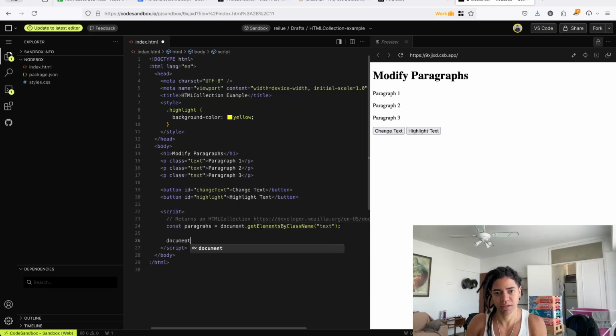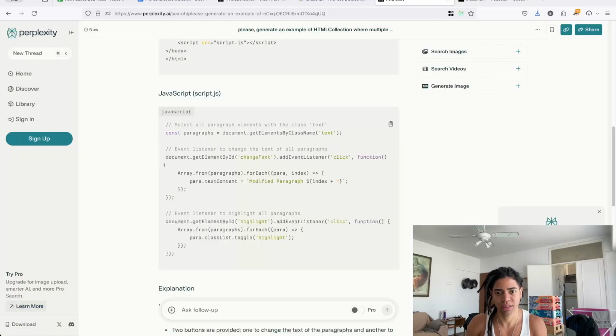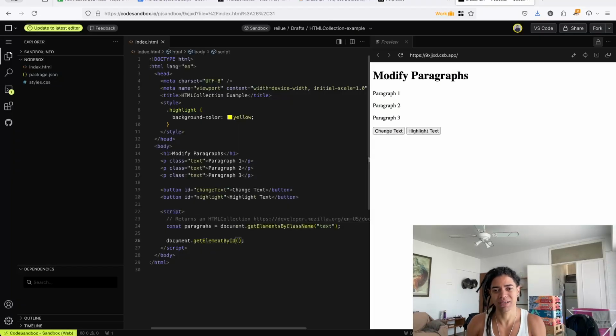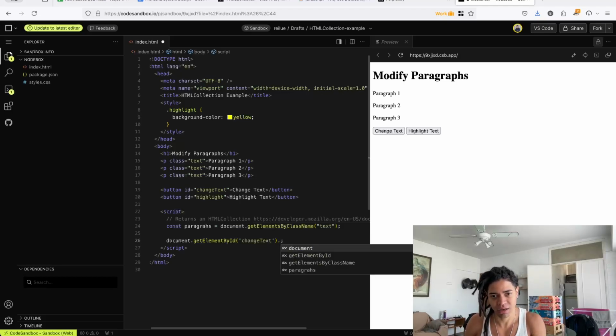So document get element by ID. With that, things started to make a lot of sense. Get element by ID here, which you say change text. And because this returns an element, and this element extends from the event,